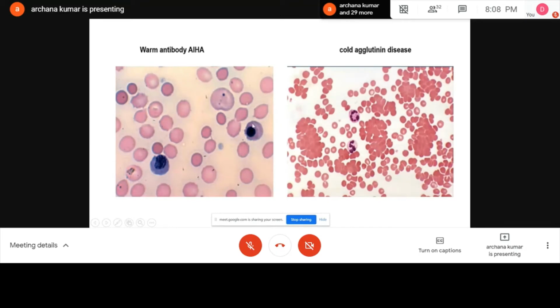Not only that, look at this, it's a nucleated RBC here. And then we are having some larger cells also, which are better hemoglobinized. And these are more of reticulocytes, polychromatophilic RBCs. So this is what we will get in a peripheral blood smear of a warm autoantibody AIHA. And this is typically what agglutinated RBCs look like, which will be seen in cold agglutinin disease. And this is again highlighting the importance of the peripheral blood smear.